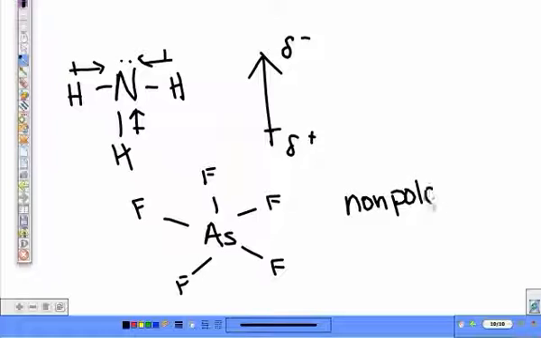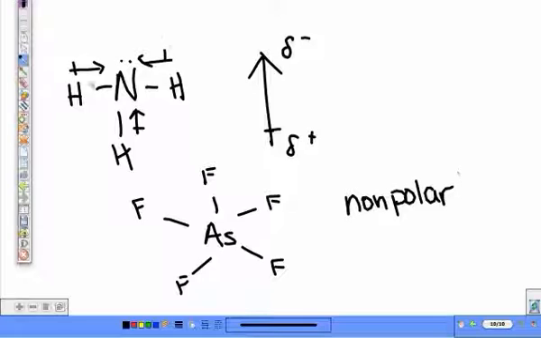Or if you look at your little chart, what kind of shape would this be? Trigonal bipyramidal, it says right here. What it has is the central atom, one directly above and directly below, so those two would cancel each other out. And then there's 3 spread out evenly on this plane, and since they're equal angles from each other, they all cancel each other out. So if you look at this picture too, you should be able to tell